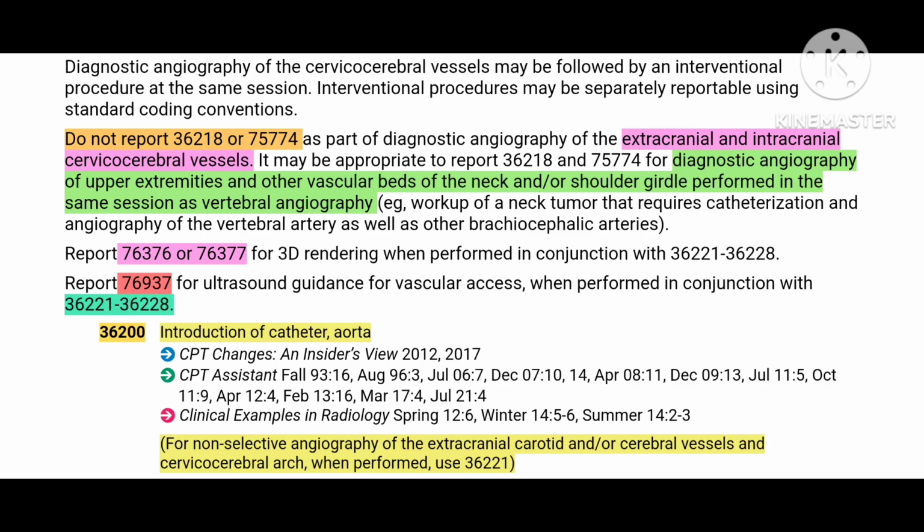Now let us move to the codes. The first procedure code is 36200. It says introduction of catheter into the aorta. So what type of catheterization is this? This is a non-selective catheterization. And also below this code, one important guideline is there. For non-selective angiography of the extracranial, carotid or cerebral vessels and the cervicocerebral arch, when performed, you have to report the code